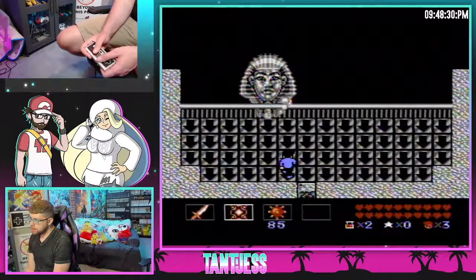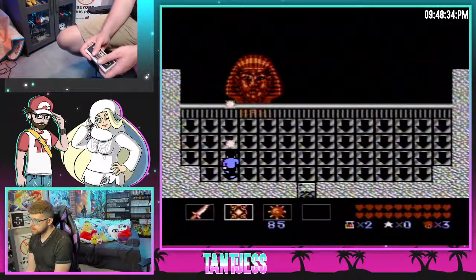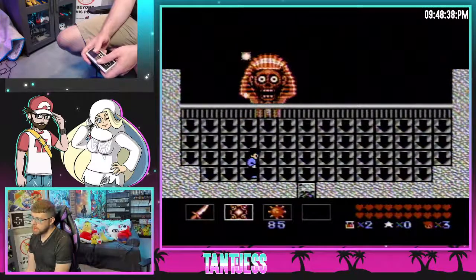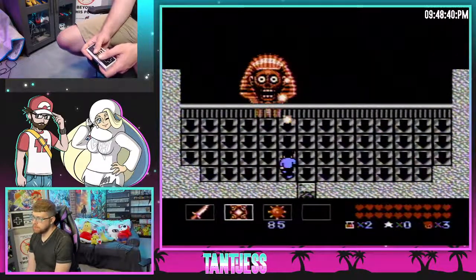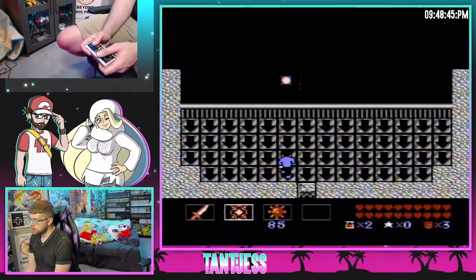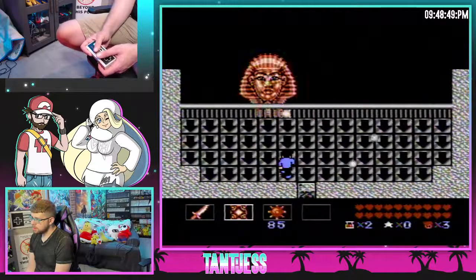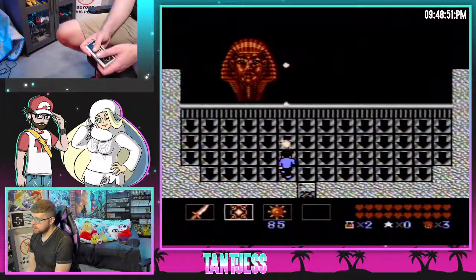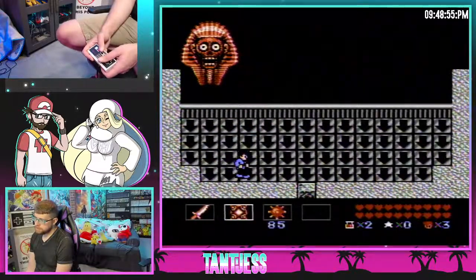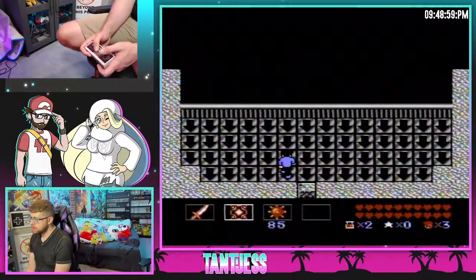If you get lucky, all you have to do is stand here and just keep shooting it. But if you are standing one tile to the left or right of it, you won't get hit by its basic beams. The spread shot it does. There you go. Now, when this boss dies, you're going to want to get to a specific tile and equip